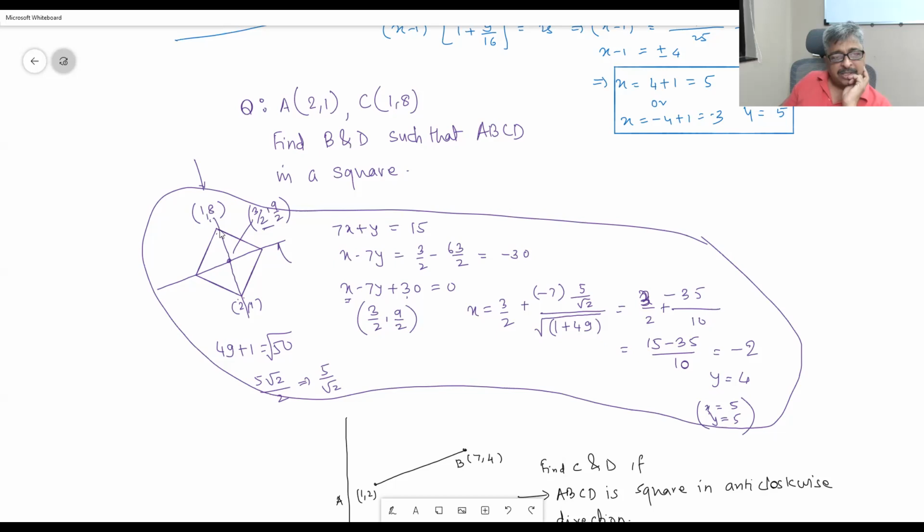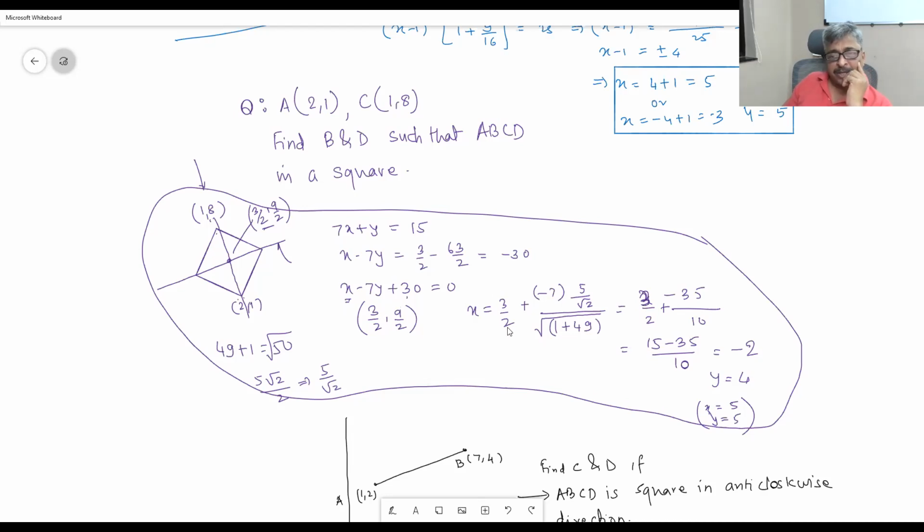And we also require the distance. Whatever this distance is going to be, this is the same distance. Therefore the length of the diagonal: 8 minus 1 is 7, square 49; 1 minus 2 minus 1 square is 1; root 50. Root 50 is the length of the diagonal of the square. Therefore half the length is 5 root 2 upon 2, that is 5 upon root 2. So three things we require to find the points: one, the distance at which you want to find those points; two, the equation of line ax plus by plus c; and the base point x naught comma y naught. So all three things we have now.